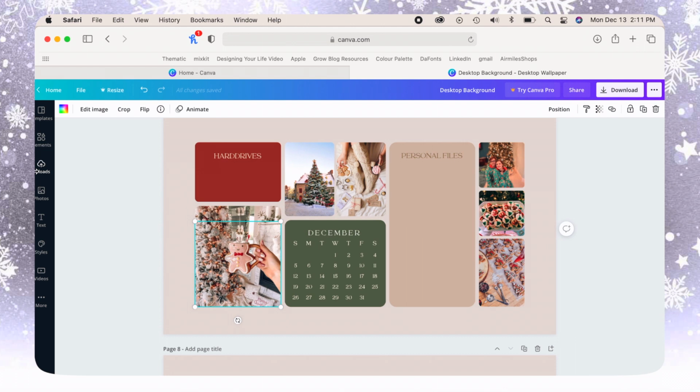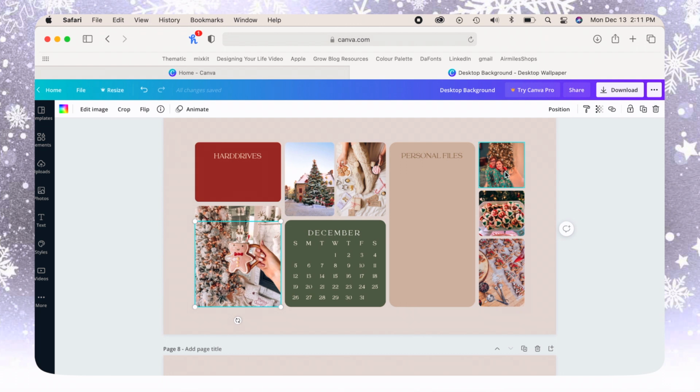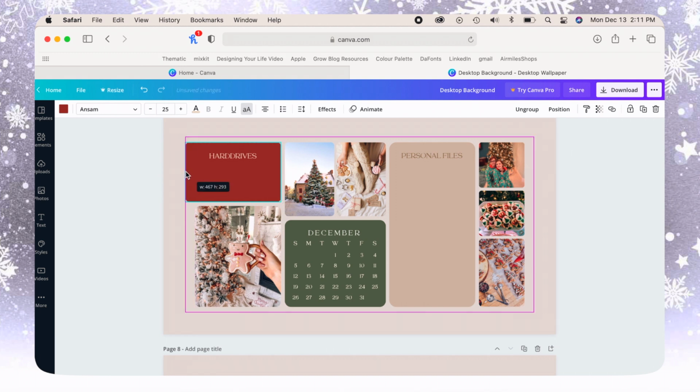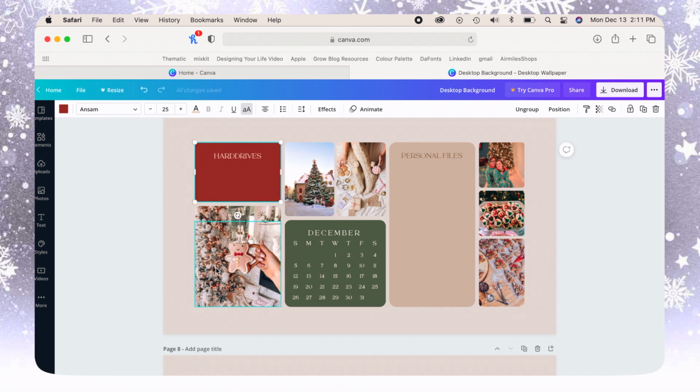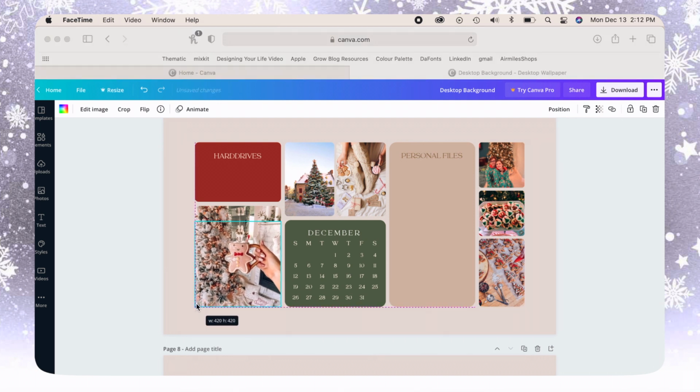And then all I did was grabbed photos from Pinterest and I uploaded them and dragged them into my frame. But for this one, as opposed to the ones with solid colors, you can adjust. Now this is not a frame, this is just a plain old shape. You can adjust the edges of the box. For the frames, you can't do that. You can only adjust it from the corners, and it's a fixed value as it increases or decreases.